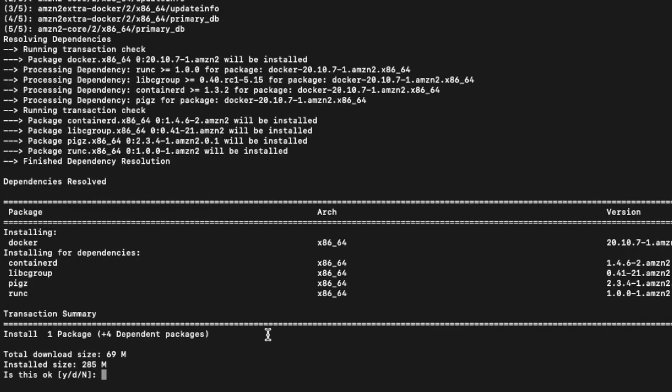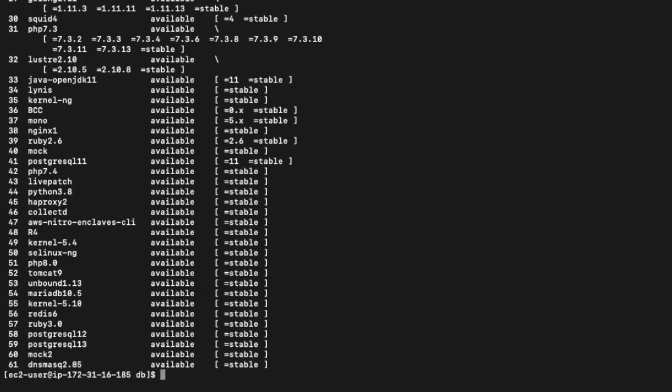I got the summary that these are the list of dependencies which would be installed with Docker. It is asking whether we should continue installing the dependencies or not. We'll put yes. Now my Docker has been successfully installed.